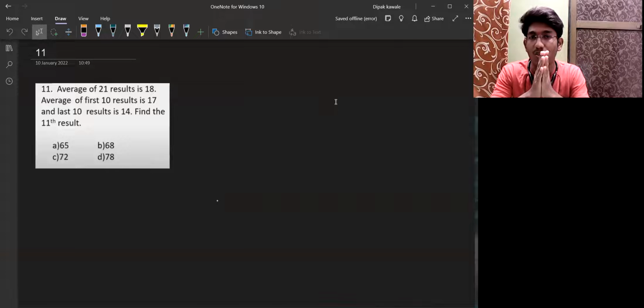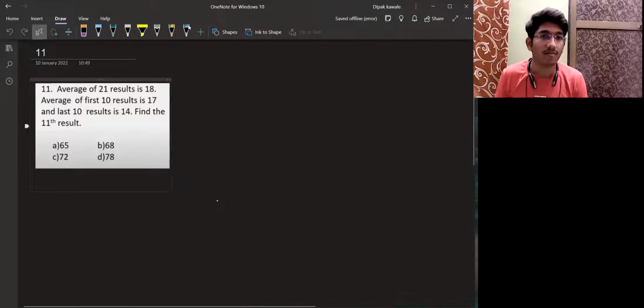I request you to stop the video, see how you are approaching this problem. What is your first logic to this problem? How you are building this formula and then solving this problem? Because instead of facing problems in the exam, here you should know your weaknesses, what the problem is. Correct. Now I assume you have stopped this video and solved it by yourself.